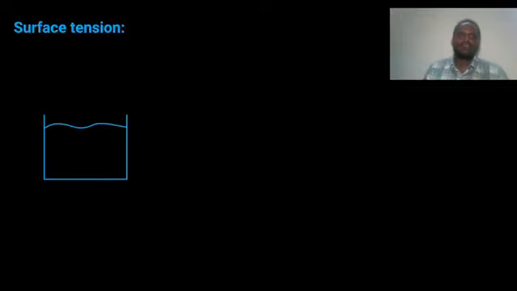My dear friends, let's understand this important and beautiful concept in our fluid mechanics subject, that is surface tension. Okay, let's dive deep into the concept of surface tension. To understand this concept, let me consider an open vessel filled with water like this